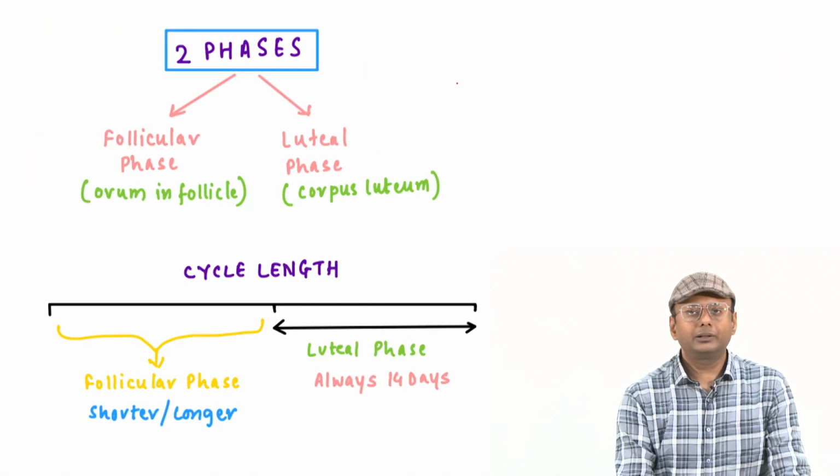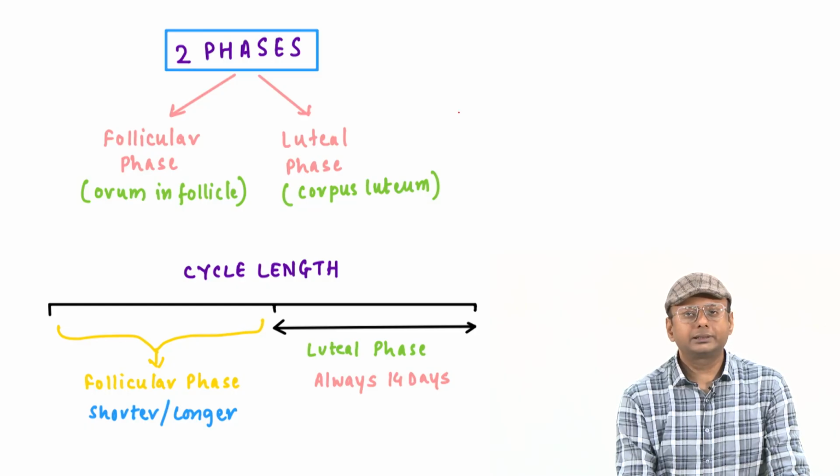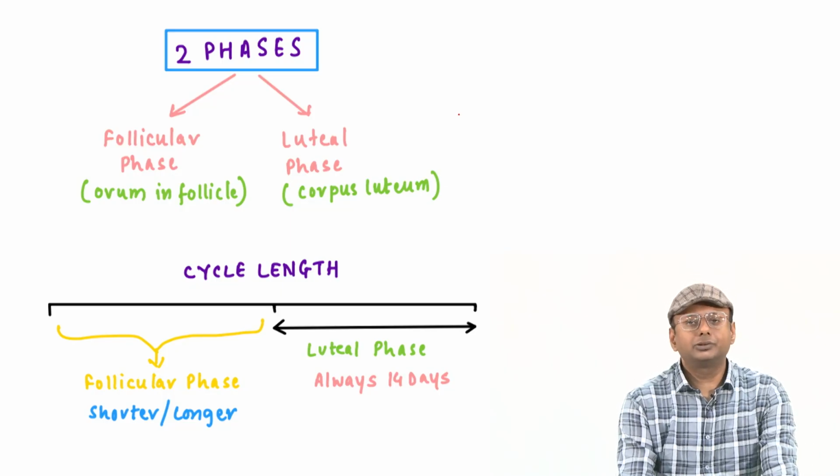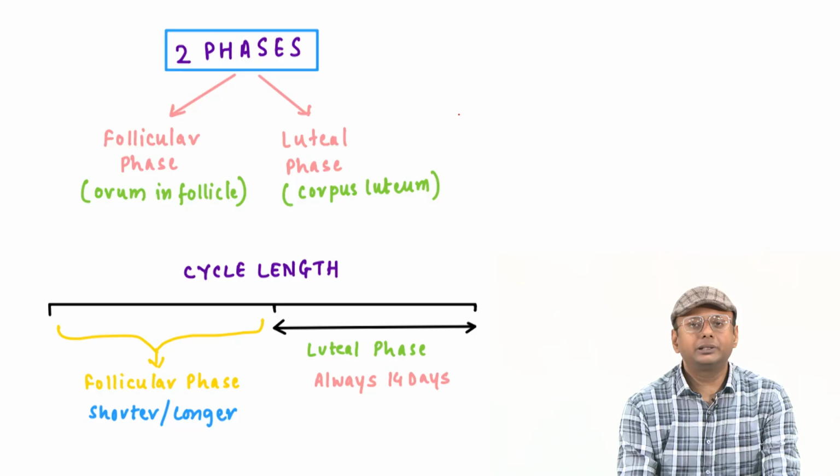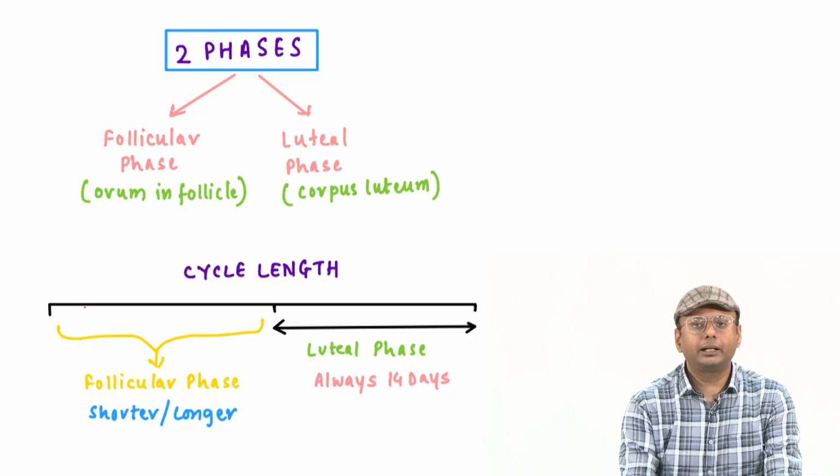One more time, the menstruation cycle has basically two phases. One is called the follicular phase, the second is called the luteal phase. In the follicular phase, as we know, the maturation of the egg happens, where the egg starts to grow and the follicle starts to develop, and in the luteal phase the corpus luteum develops. Eventually the total cycle is about 0 to 28 days, the whole cycle is about 28 days.